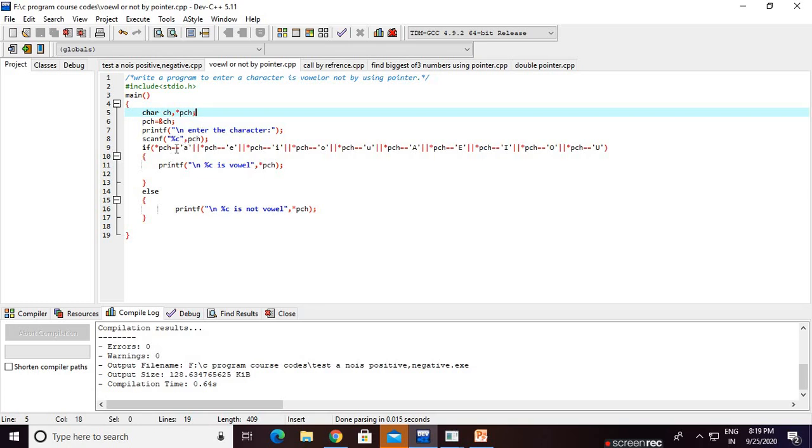For a character we use single quotes, and inside the single quotes we write the character. Now, logical OR. Check *pch equals 'e'. Logical OR, *pch equals 'i'. Logical OR, *pch equals 'o'. Logical OR, *pch equals 'u'. Logical OR, *pch equals 'A'. Logical OR, *pch equals 'E'. Logical OR, *pch equals 'I'. Logical OR, *pch equals 'O'. Logical OR, *pch equals 'U'. If any condition